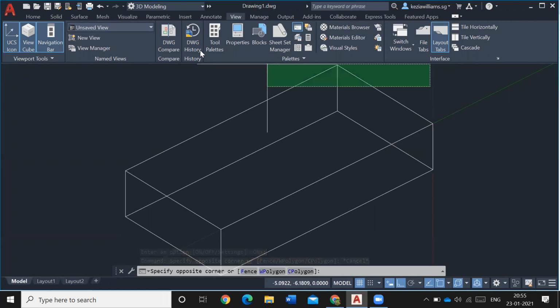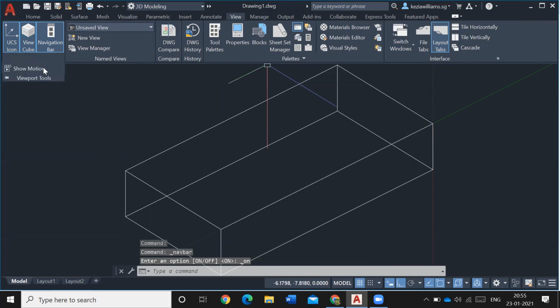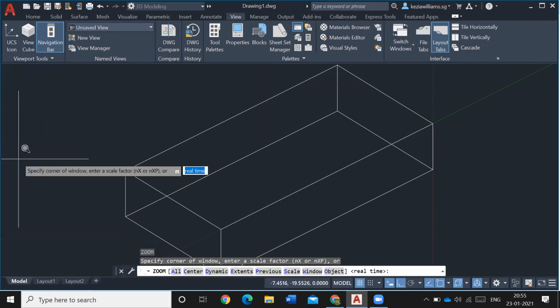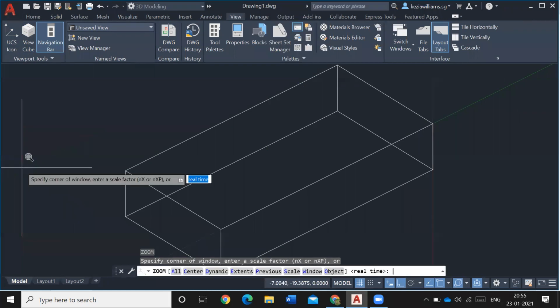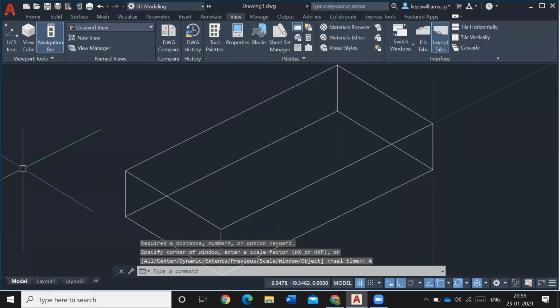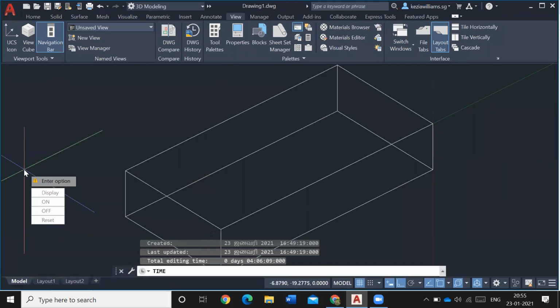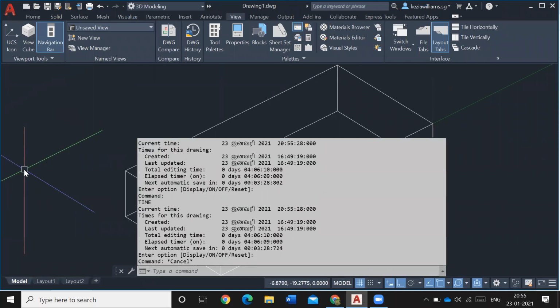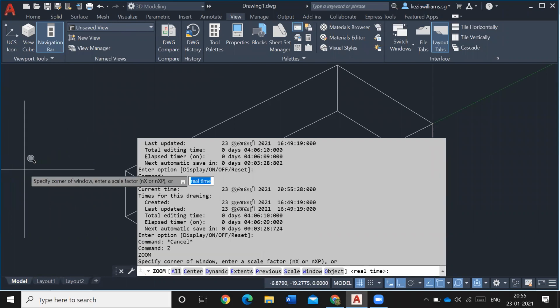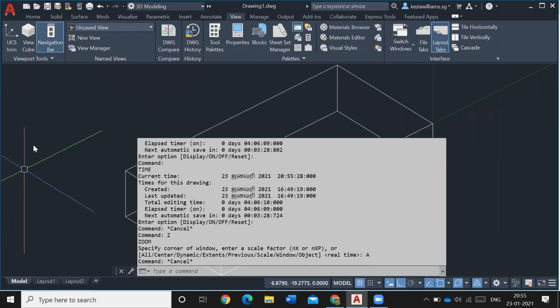Isolate. Zoom all. Okay, zoom all. Where has it gone?